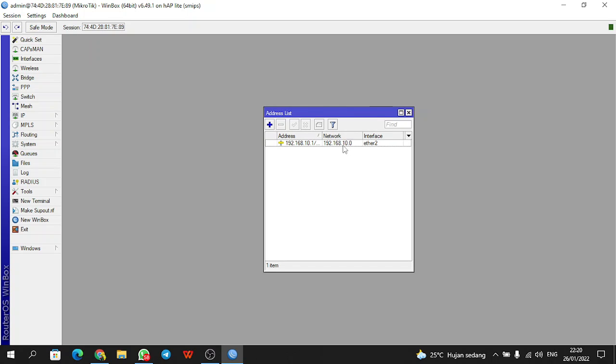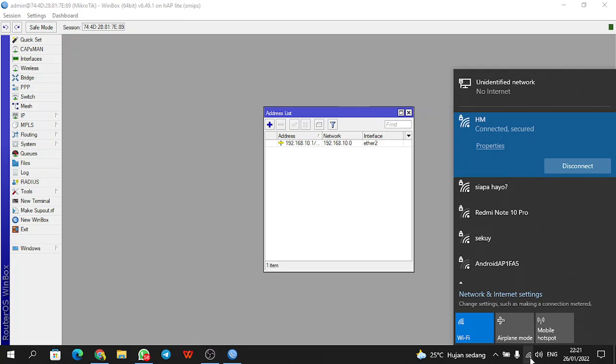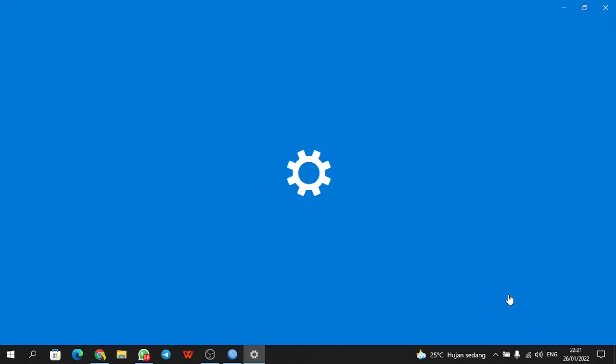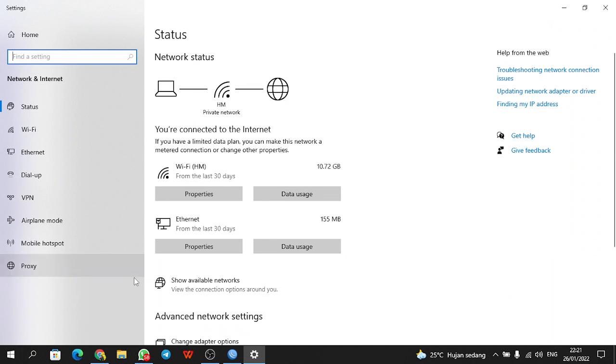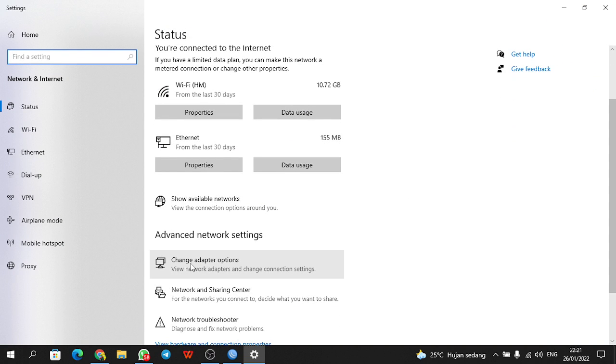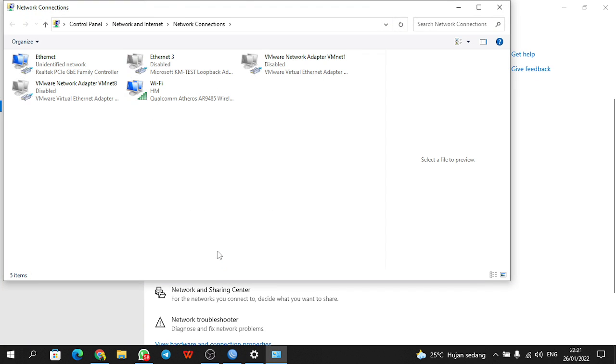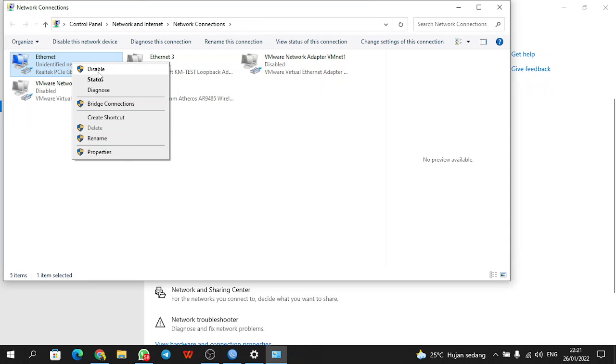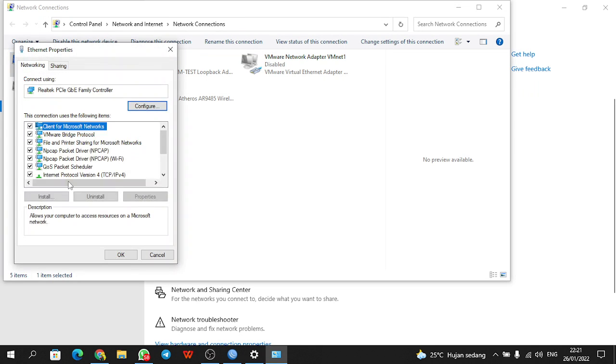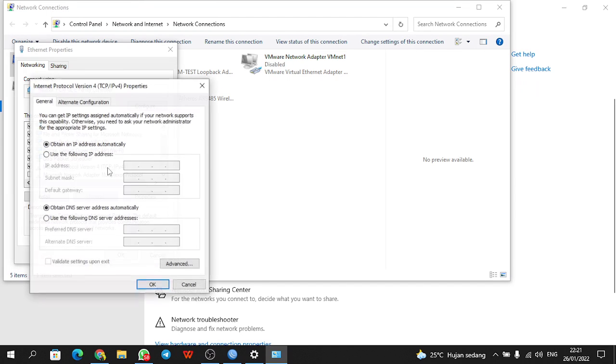Then we have to configure the IP address on the client PC so that the client PC can connect to the router. We open the network and internet settings, select change adapter options, then right-click the adapter and choose properties. Here we see IP version 4, or TCP/IPv4.